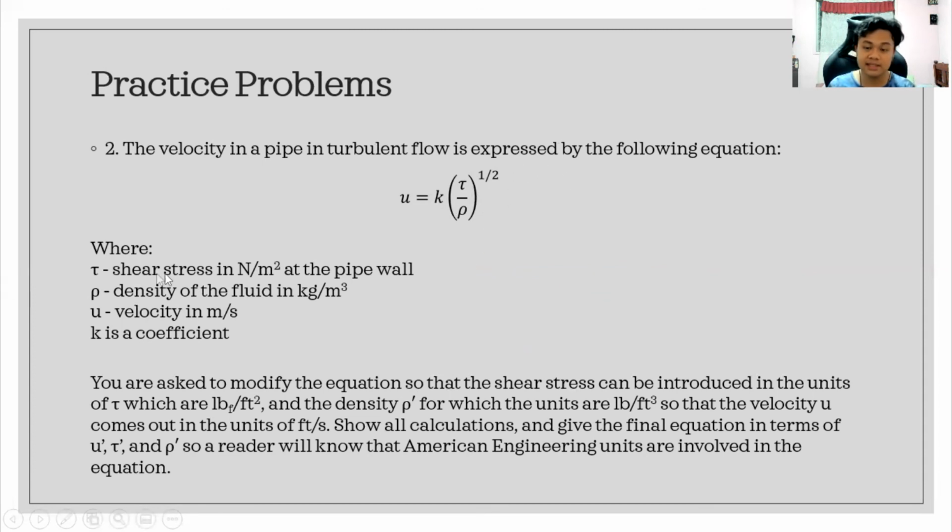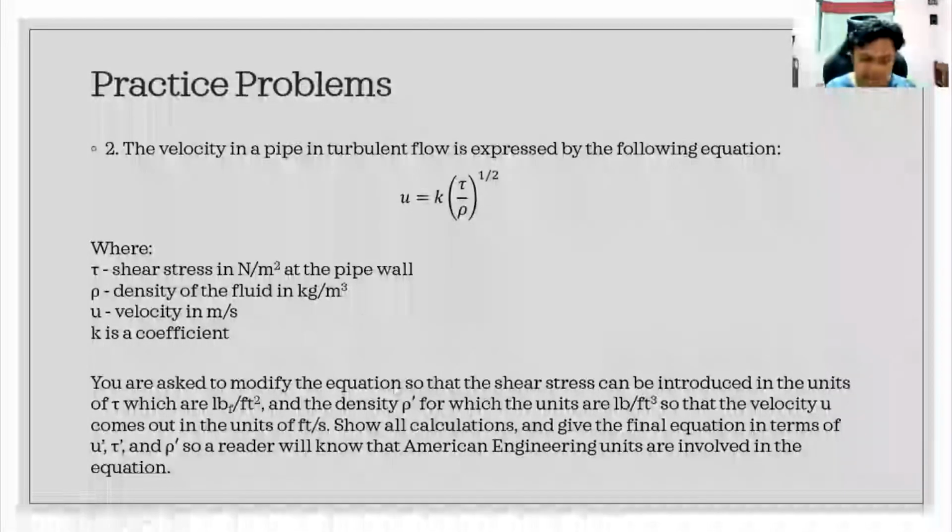Where tau is the shear stress in newtons per square meter at the pipe wall, and then rho is the density of the fluid in kilograms per cubic meter, then U is the velocity in meters per second, and then K is the coefficient. So we are asked to modify the equation so that the shear stress can be introduced in the units of tau prime, which are pound force per square feet, and